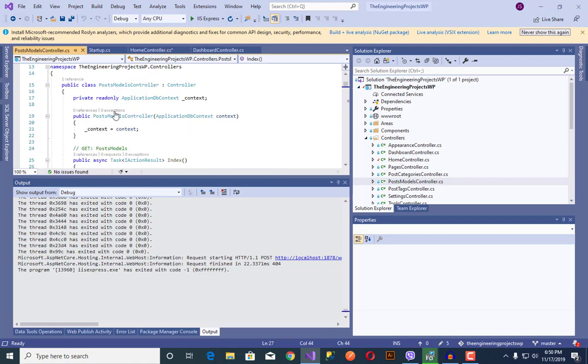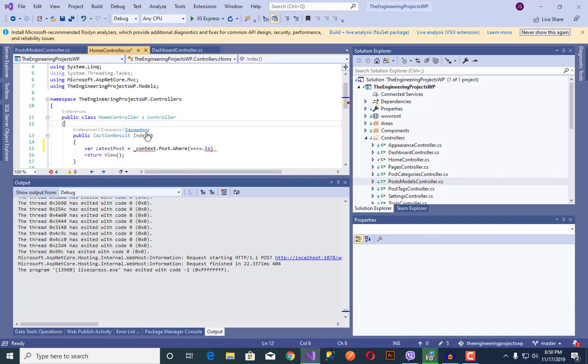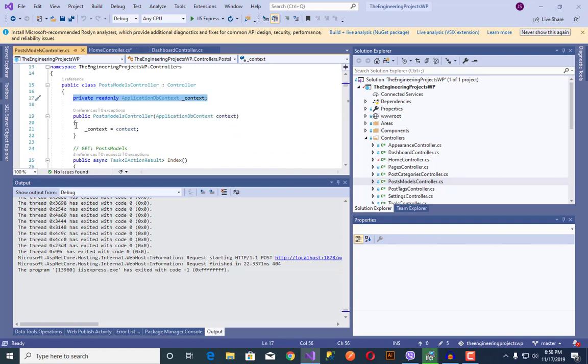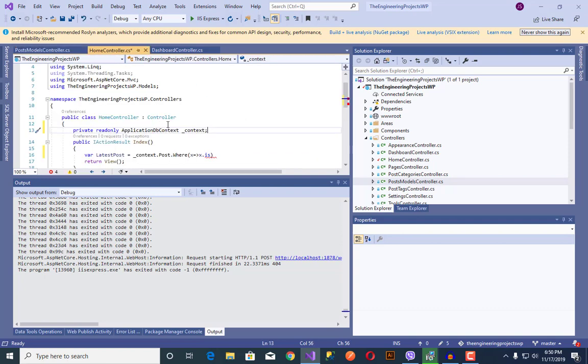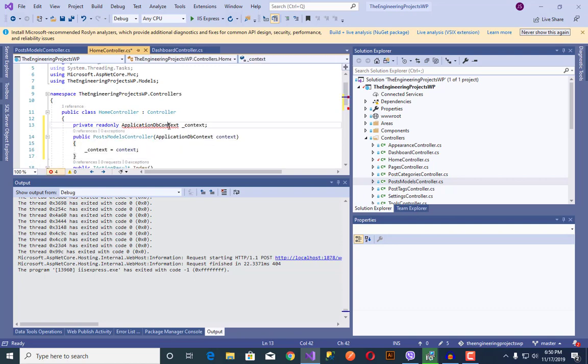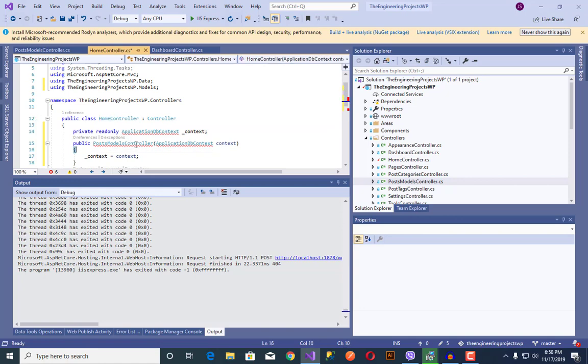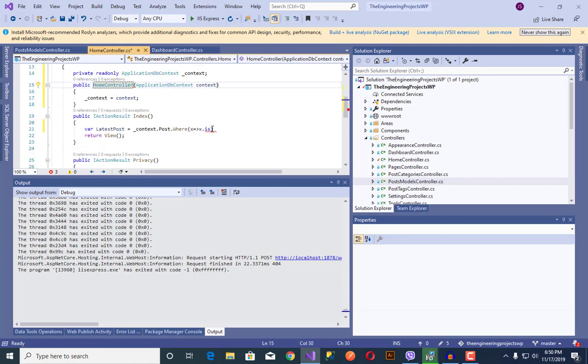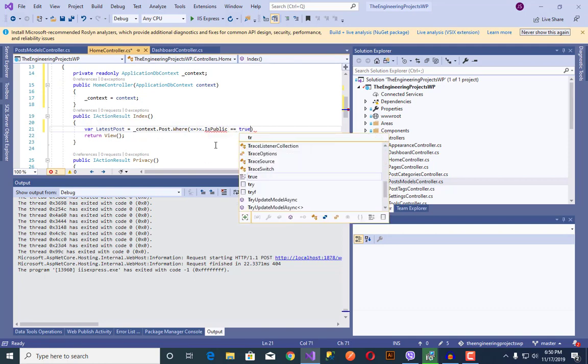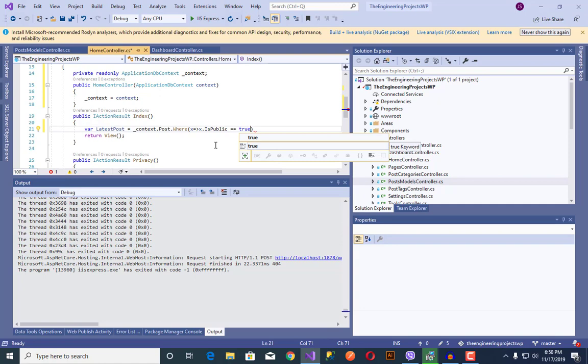So first of all I need to copy the context, only then am I able to access the database, and it will be passed as controller constructor injection, dependency injection. Okay, that's it. Now where is public is equal to